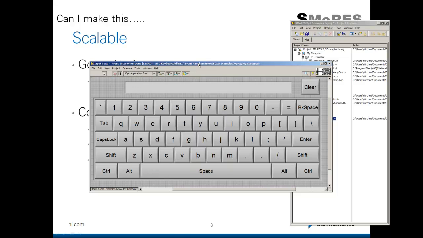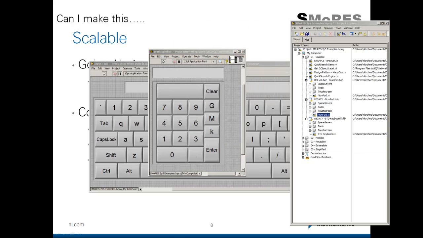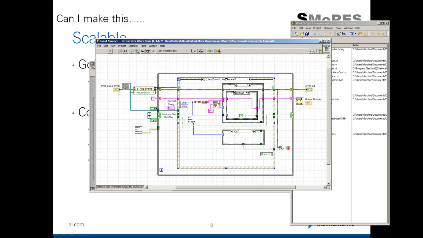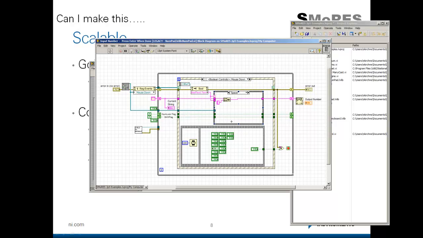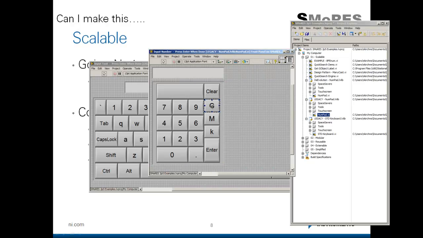Well, how about if I took a slightly different tack, and in the legacy numpad, instead of doing that, I very simply used a little bit of dynamic registration for mouse down, and that's it. I'm handling the key down in case somebody's keying on the keyboard, but every time I press a button, I run this code, and it takes the text from the button and adds it onto the actual string. So now, if I wanted to do something like e to the negative 3,